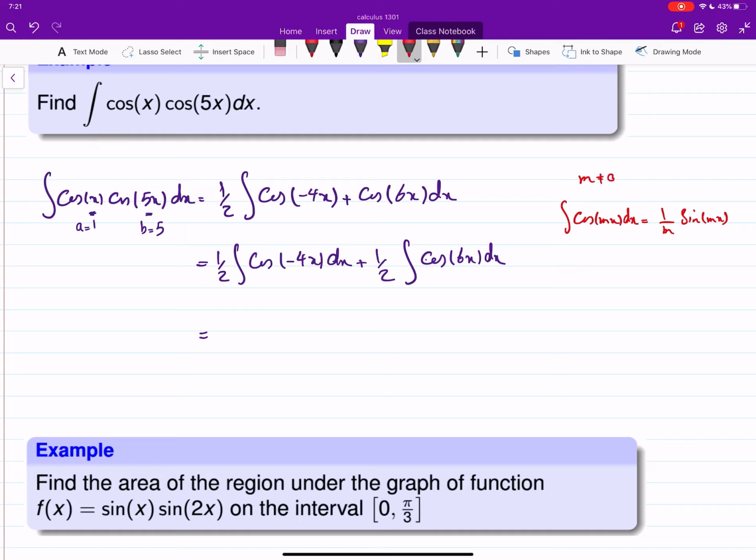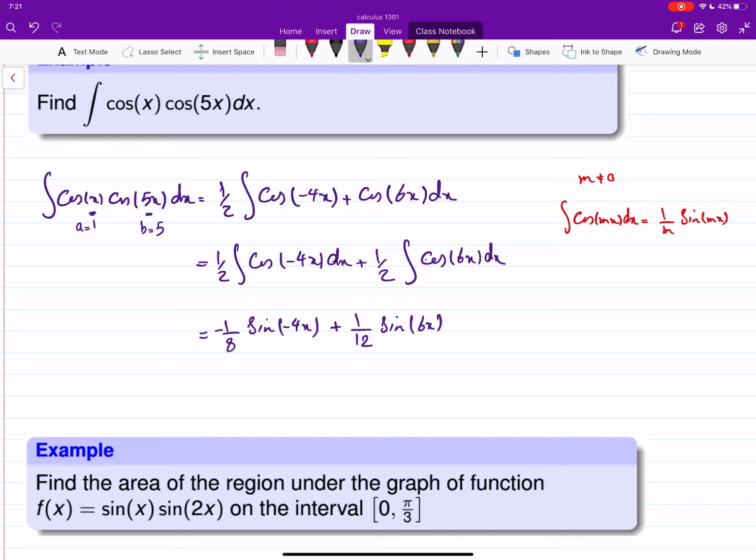when m is not equal to 0. And again, that's the result of substitution. I won't do those steps here, so I will get 1 over negative 4, there's a 2 outside, so negative 8 sine of negative 4x, plus that will be 1 over 2 times 1 over 6, 1 over 12 sine